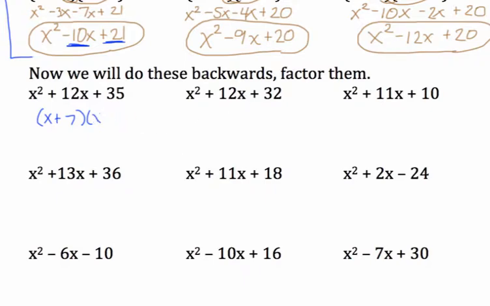Now, if you couldn't do that, if you can't just see that, what do I do? I start with the multiplying number, and I make a list of factors. How could I get 35? Well, I could do 1 times 35, or 5 times 7. That's about it. Now, I look at those two choices and say, which one adds to be 12? Well, this one does. So I know it's going to be x plus 5 times x plus 7. I could also write this the other way around,